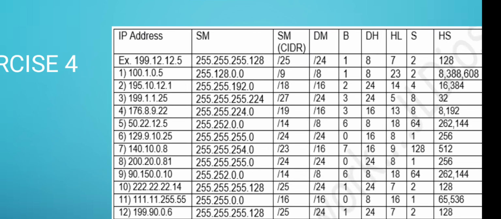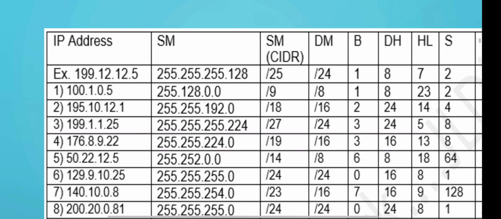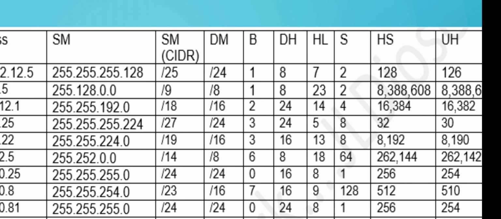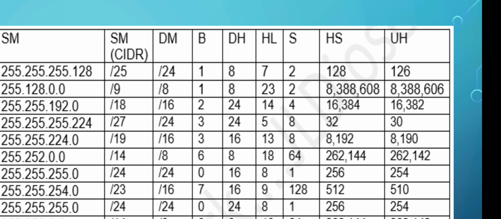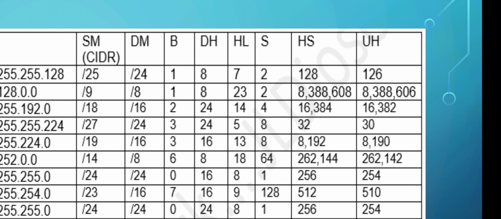So 255.128.0.0 is /9, and the default mask is /8, and the borrowed bit is 1, default host is 8, host left is 23,